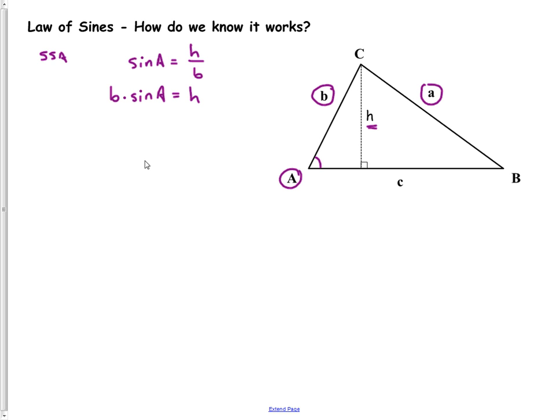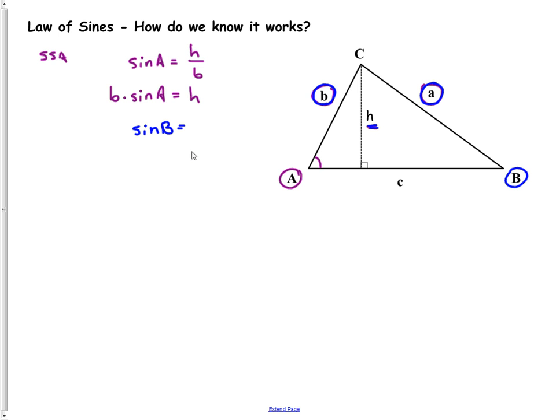Well, that's kind of useful. But that still doesn't quite get it to me, right? I mean, what if I still am interested in angle B right here? Well, let's take a look at that situation. We know that angle B, if we have its opposite side B, and we have this side A and we have this altitude right here, we could tell you that the sine of the angle B